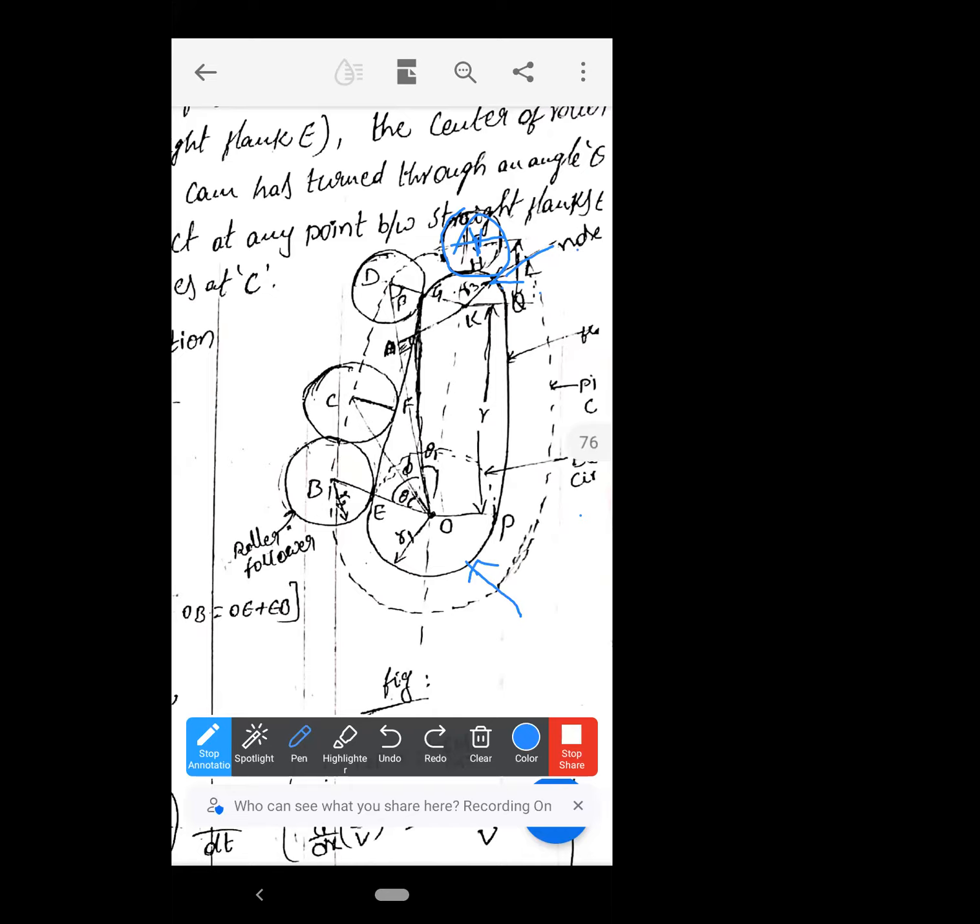So that curve is the pitch curve. What is the curve there? The pitch curve is there, and the curve generated with the base circle, that curve is the cam profile. So in this,